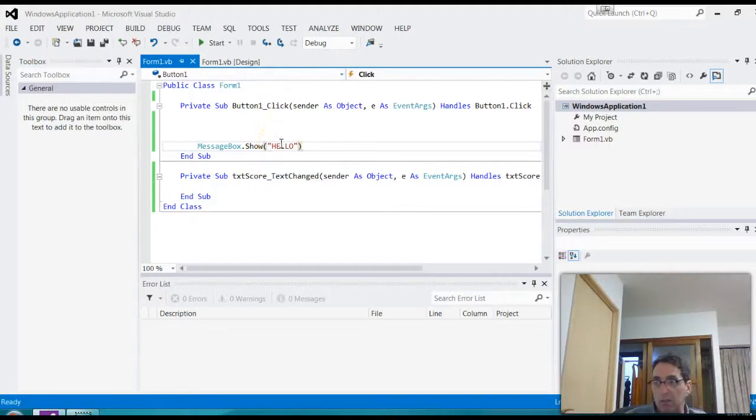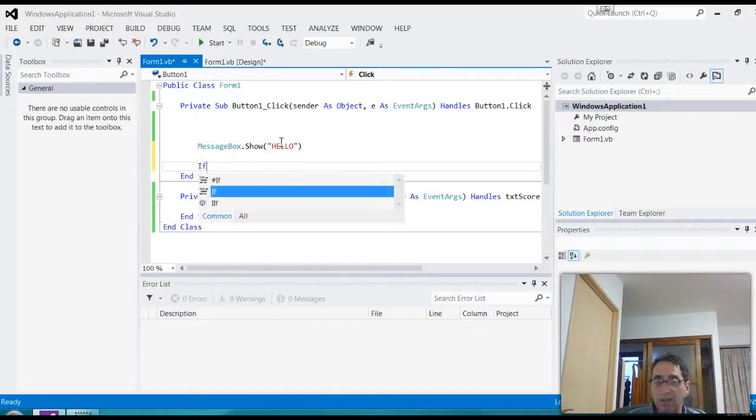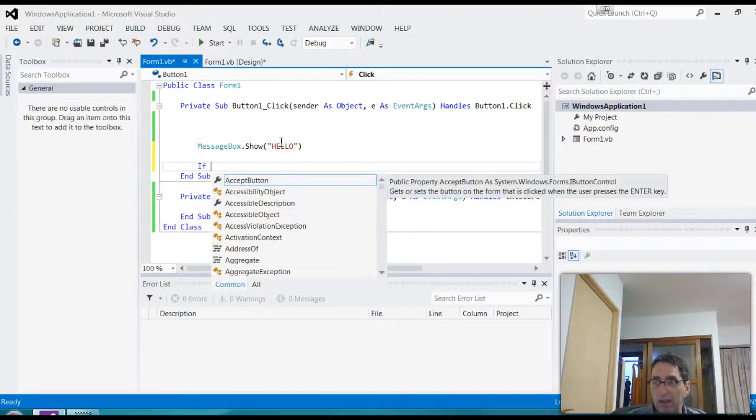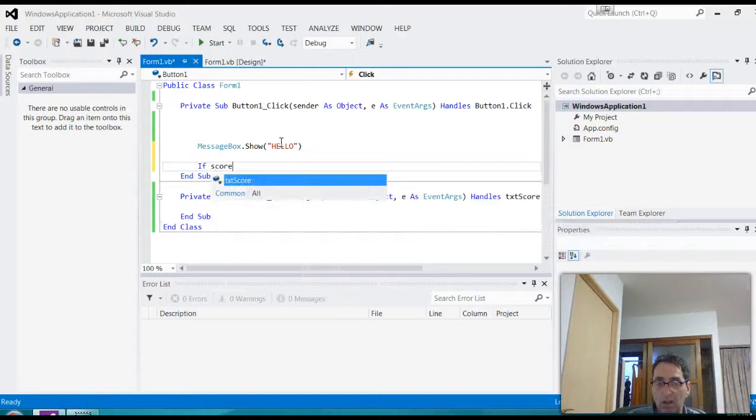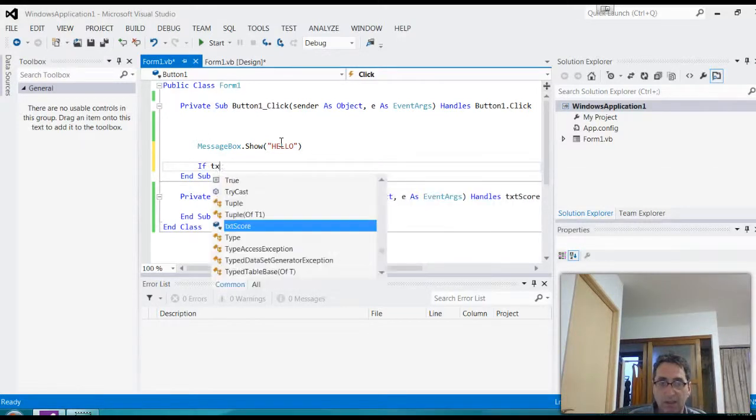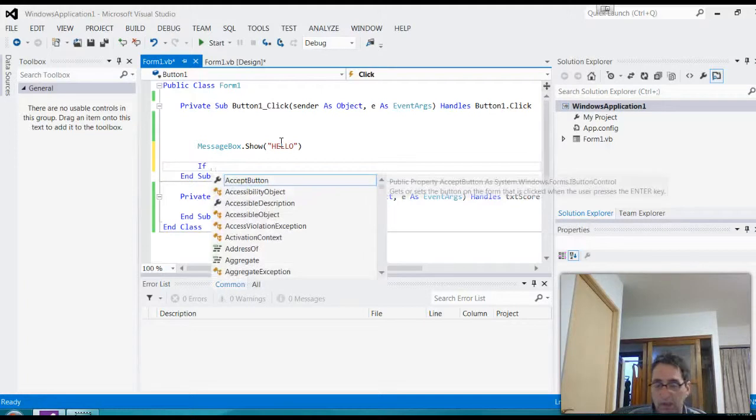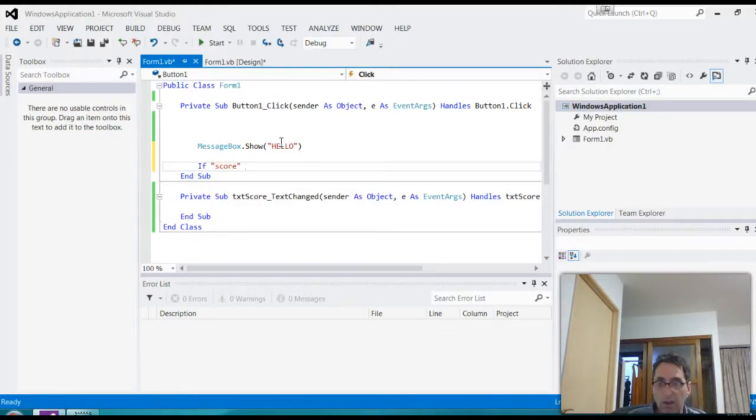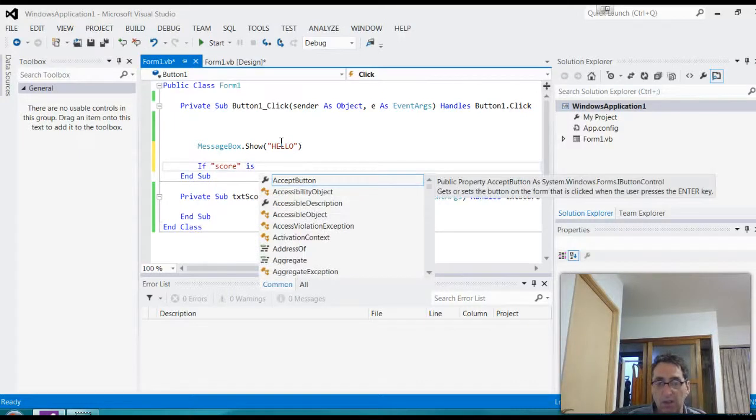So we're going to want a message box, and that message box, have we done if-then? I forget. Anyway, it's going to be inside an if-then type of arrangement or code. Let's write it like this first. So we're going to want to say if, I'm not writing Visual Basic here, so it's not going to like it, but I'm just going to say if the score, I'll write it in quotes so it doesn't try to do anything. The score, this is not Visual Basic. If the score is